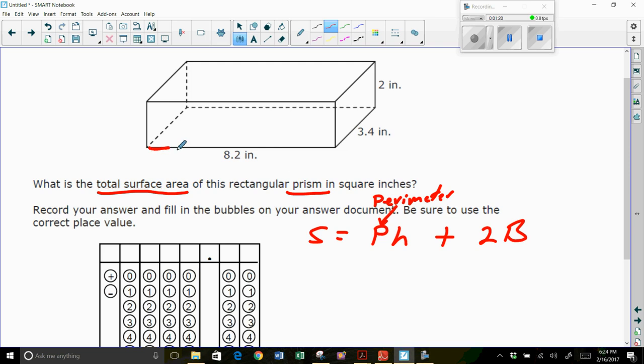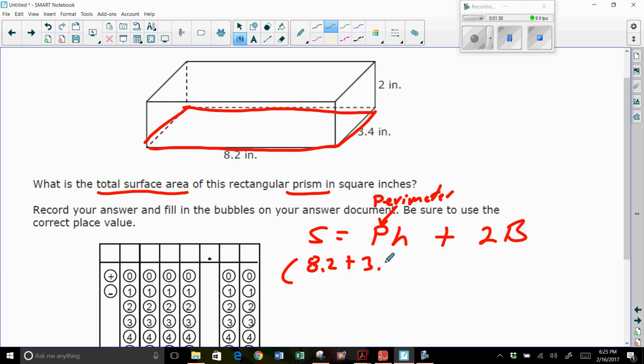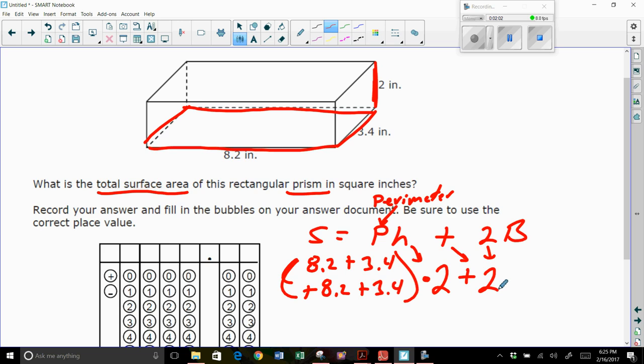So I'm going to use my 8.2 plus 3.4 plus another 8.2 in the back plus another 3.4 on the left side. I'm going to add all those numbers up. So I'm going to have 8.2 plus 3.4 plus 8.2 plus 3.4. That will give me my perimeter of my base times the height of my prism. It's 2 inches tall, so 2 goes here. They tell me to use the plus sign, so I use the plus sign. They tell me to use the 2, so I use it. Now here the capital B